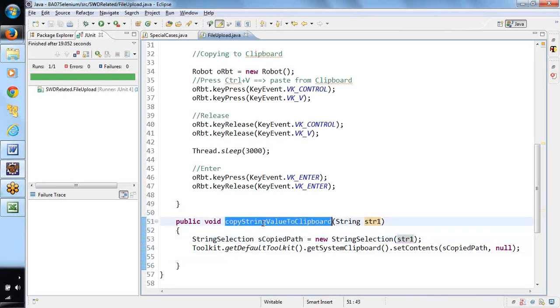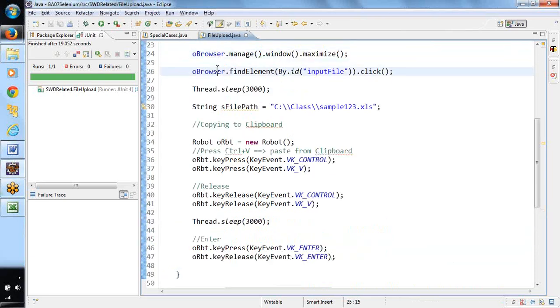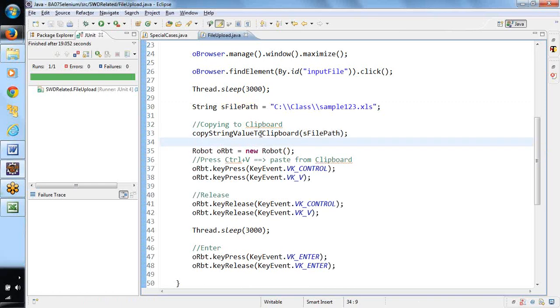Here I will be passing this particular value. So what it will do here: when you say copy string to clipboard, this particular string will be copied to the clipboard, and then here we are using it.